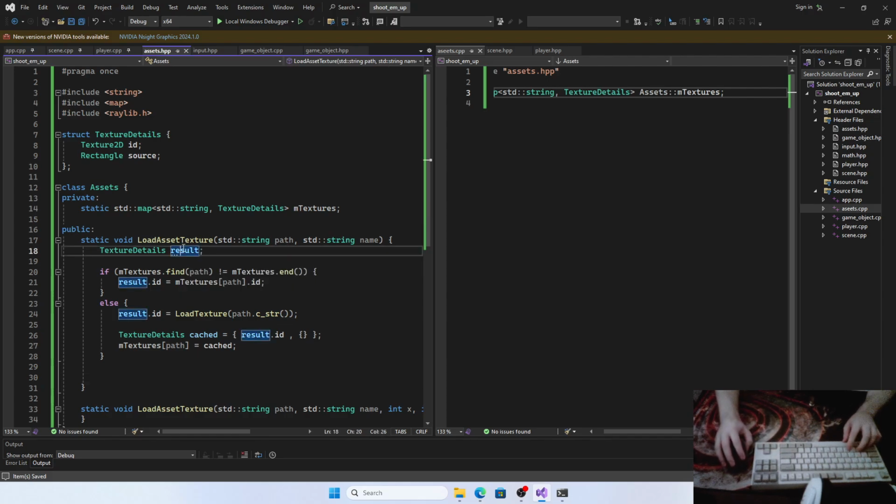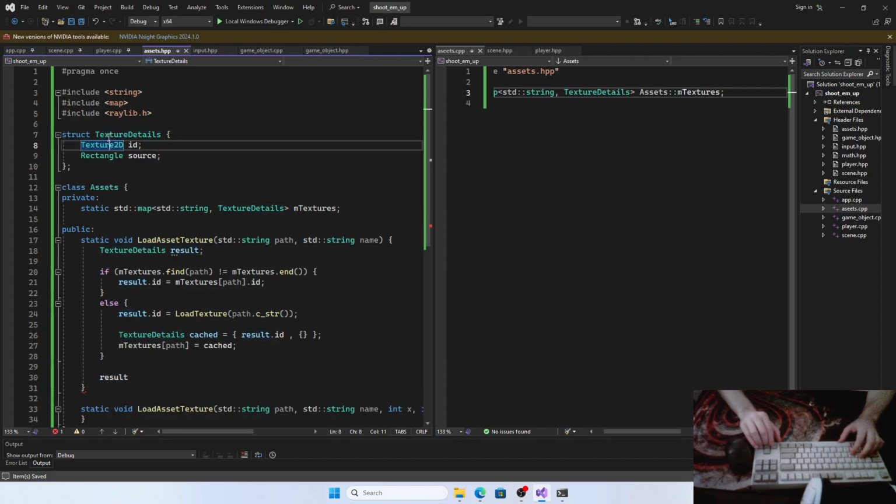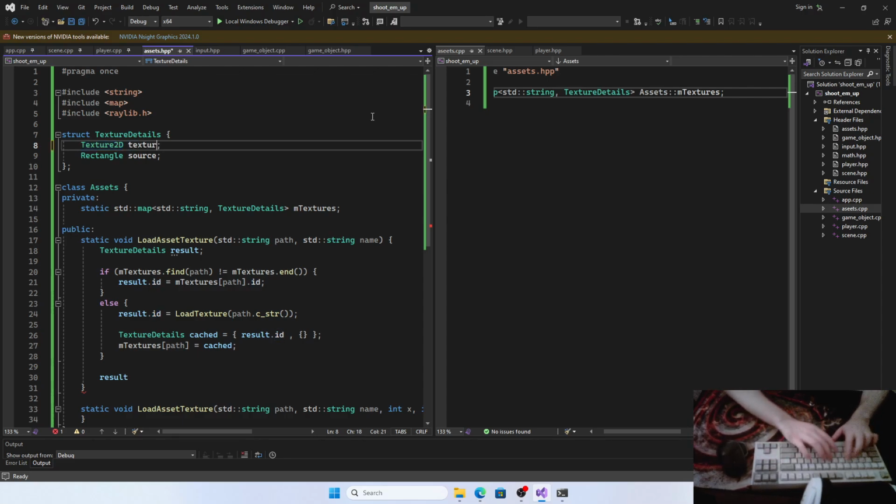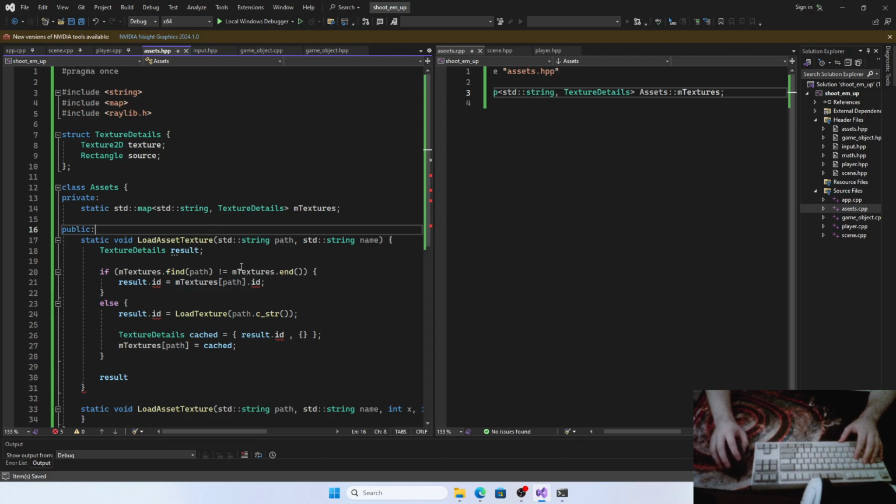So now this result. Usually how do you draw the entire texture? Where would you get that info from? I'm pretty sure this is just an ID, right? Oh no, this is actually not just an ID. This also has the width and height. Okay, I didn't know that. This is the texture. Oh, okay, that's interesting. So we have to change our code here, but not that much actually. We just have this,